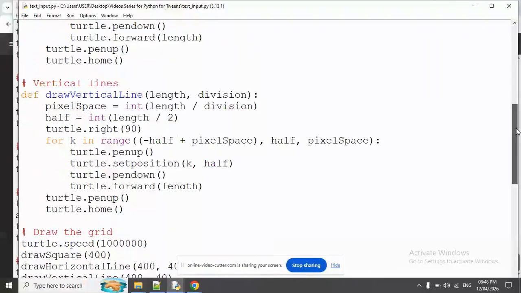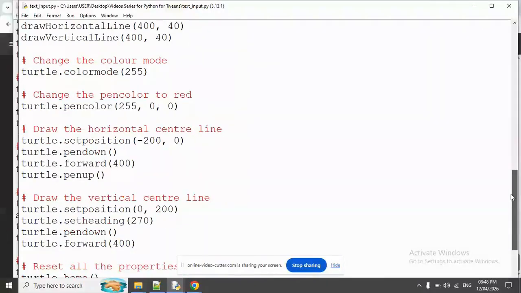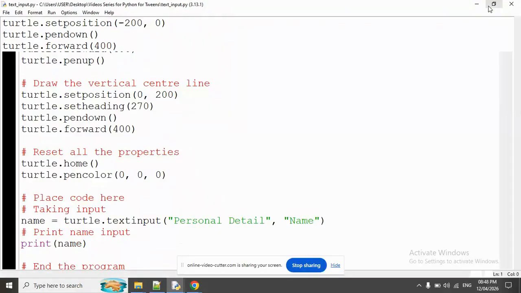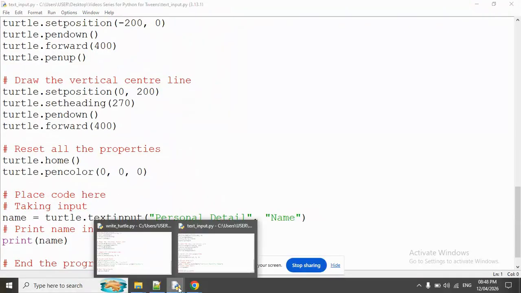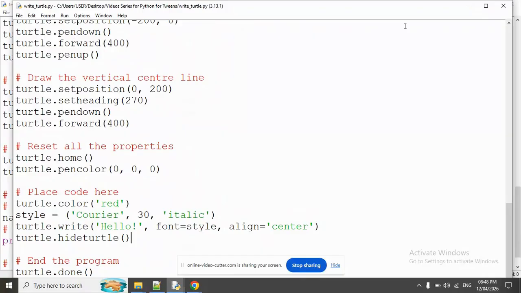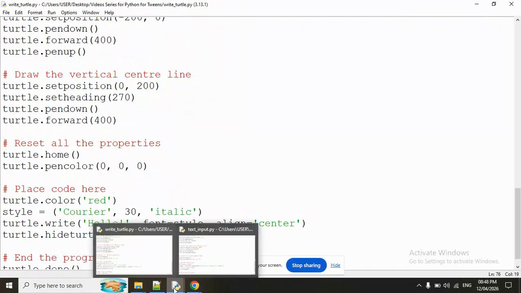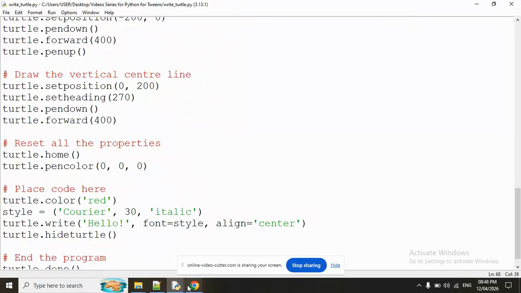So the turtle.textinput is here. And so what we're going to do is we're going to just basically combine turtle dot into a variable. Now a variable is basically a storage location for information. We use it to store information. So we're going to combine the two into a variable. So let's call this